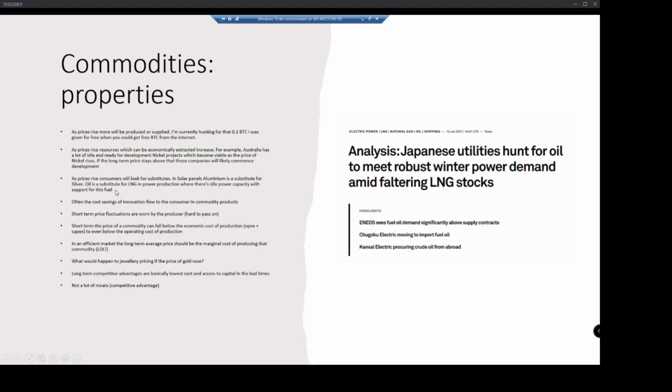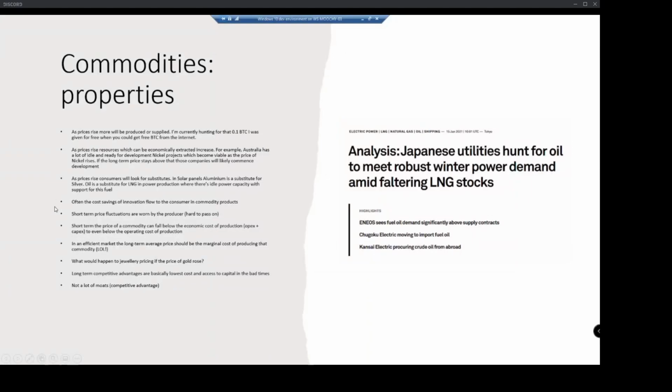Another interesting one is that oil is actually a substitute for LNG. And you can see this. I took a snippet of a news article very recently. The world basically ran out of LNG production during the winter in Asia because a lot of it was shut down, and LNG can't easily be turned on. Once you hit the max cap for production, in a week you can't set up more production of LNG. So the Japanese, because the price of LNG was so high, switched on all their fuel oil power plants and started burning fuel oil, which is hugely polluting, rather than paying over top prices for LNG, or they probably couldn't get LNG at all anyway.